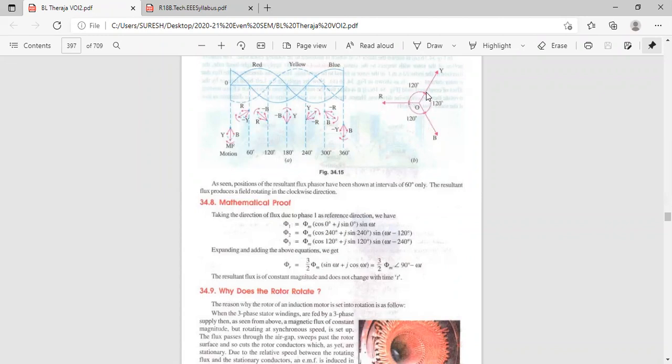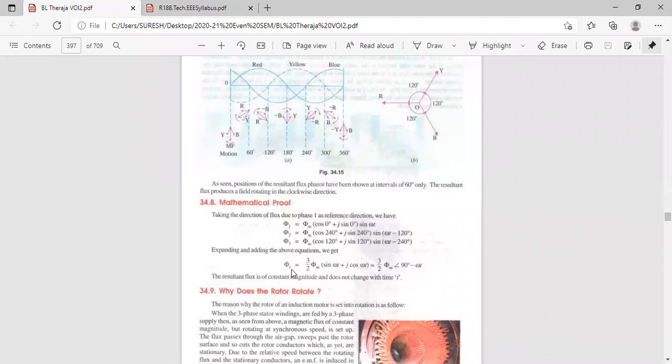If you move in the clockwise direction, the angle is negative. First one is 0, let us take this as the R phase. Moving clockwise, it will be -120, then the B phase at -240. If you come in reverse, 0, plus 120, plus 240. If you move in the clockwise direction, the angle is negative. If you move anti-clockwise, the angle will be positive.